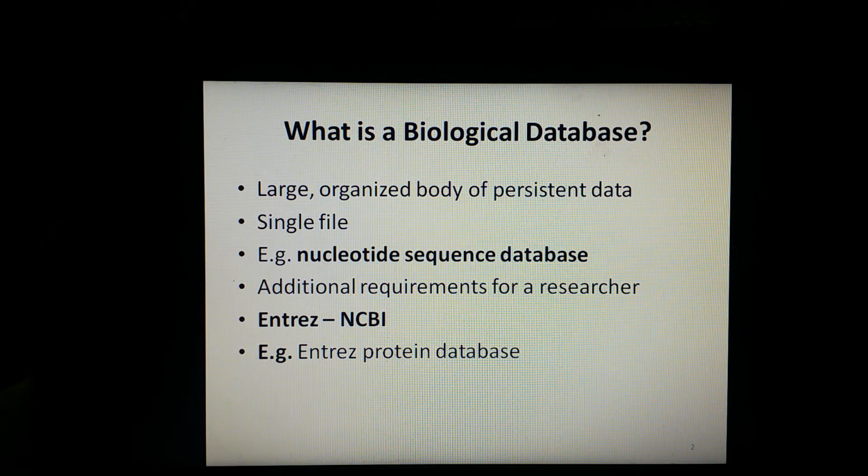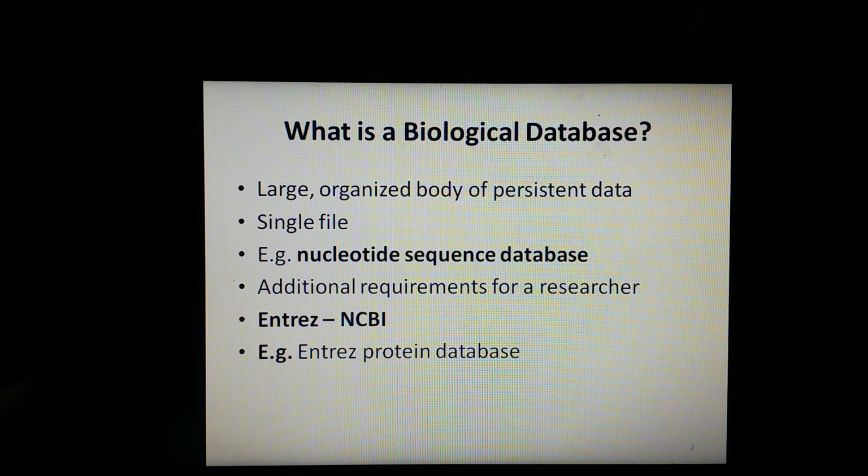Now, how can a researcher benefit from a particular database, or the data stored in it? For a researcher to benefit from the data stored in a database, two additional requirements must be met. The first requirement is easy access to the information, and the second requirement is a method for extracting only that information that is needed to answer a specific biological question. It means that a system should be present through which only the specific information can be retrieved, because if that were not possible, then this system would be of no use.